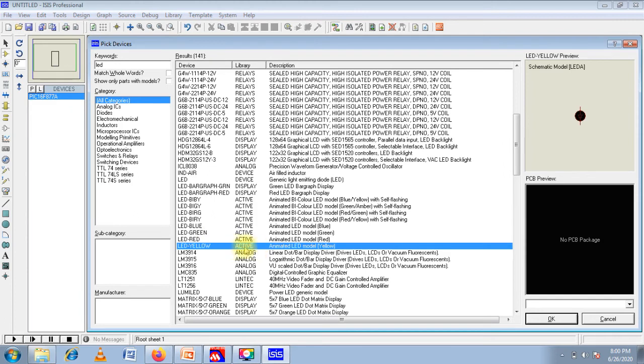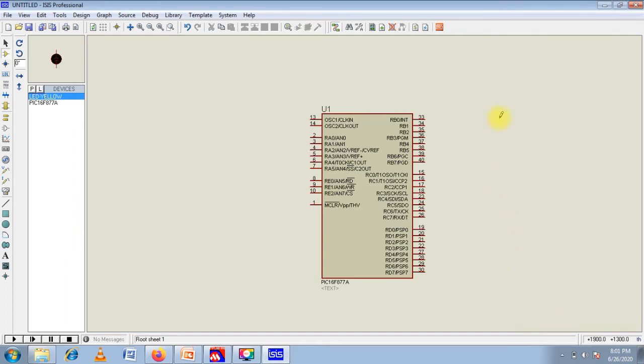Animator LED models are available: yellow, red, green, blue. Whatever it is, you can click. I picked LED yellow, so automatically we have to place it.